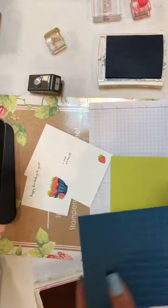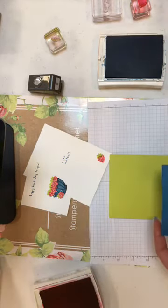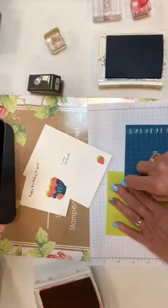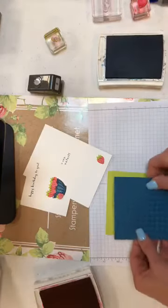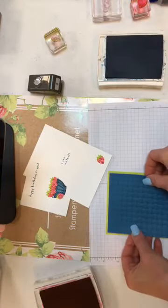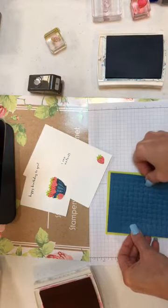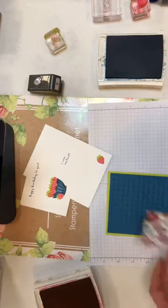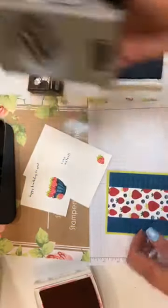So I ran it through the Big Shot, and I'm going to layer that right on my Lemon Lime Twist with my snail. And again, when I'm doing it upside down like this, sometimes it's a little crooked, but not too bad. Okay, so for this piece, what I want to do is take my tailored